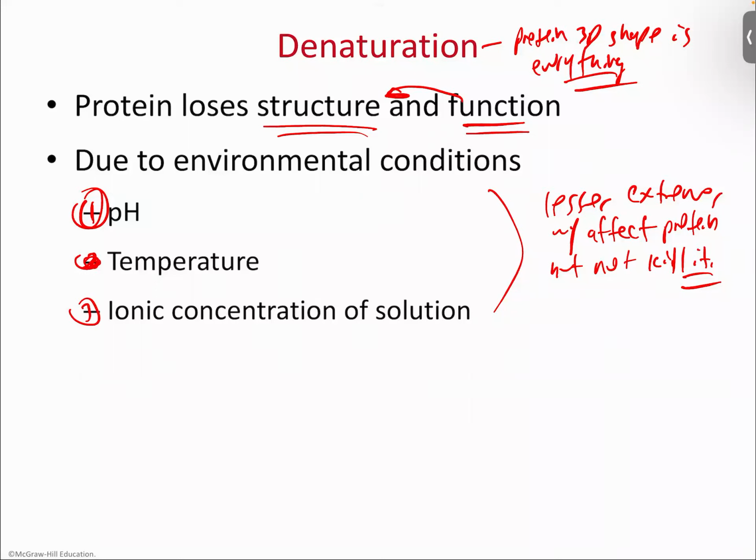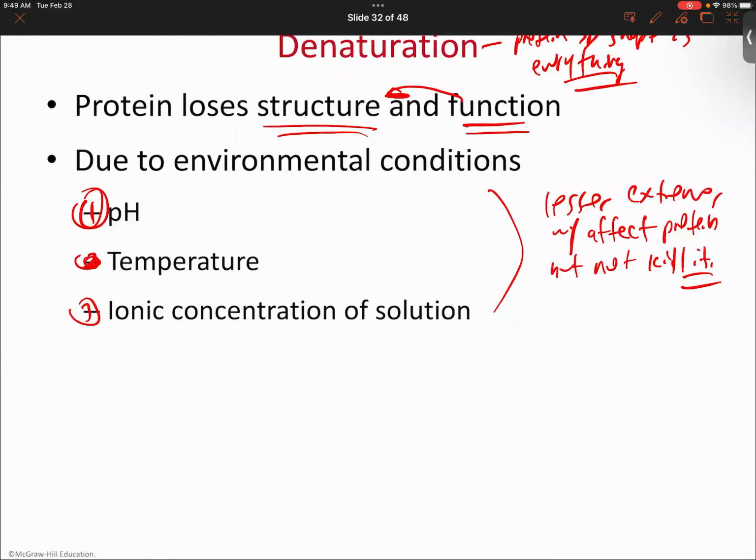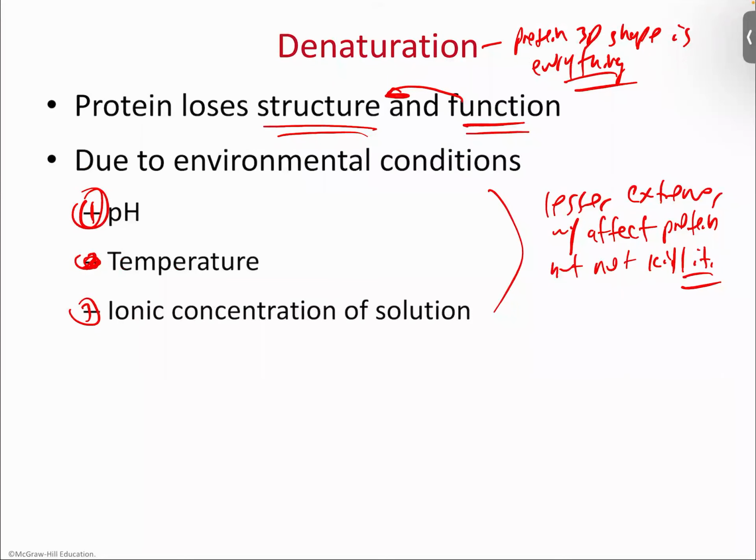Okay. So let's take a look at some extremes. Let's kill them. So these are kill levels. Now we get a sense of how to change the behavior of an enzyme with slight changes in pH and things like that. A very, very common trick your body plays to regulate how enzymes act. But let's go ahead and do the extremes, right? So if you have extreme pH, this will unravel a protein and kill it.